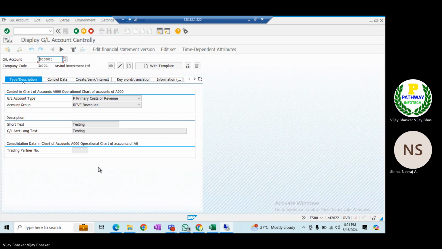Now, for the cost element category for secondary cost elements, we must do the configuration in OBD4 as a separate group. We have to maintain a separate group for the secondary cost elements. But now, the next thing would be,